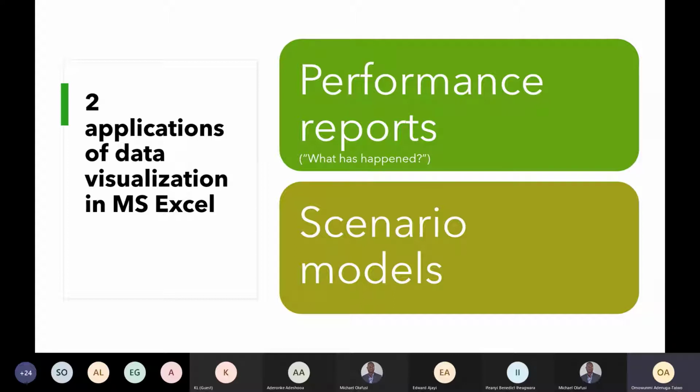And one way to think of scenario models is they are always trying to answer the question, what will happen? And again, unlike the performance reports that are showing things that have happened in the past, the scenario models are trying to paint a picture of what will happen in the future, given certain variables. Before I go into the next set, a series of dashboard snapshots on these,